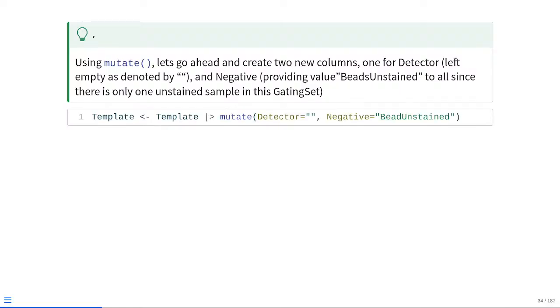So how do we actually go about doing this? Well, kind of similar to what we encountered in the past. We're taking our data frame object, piping it through to the mutate function, and creating two new columns since they're not already existing. Detector is equal to, between the quotation marks, nothing, so it's going to be left empty. And same thing for negative being a new column,